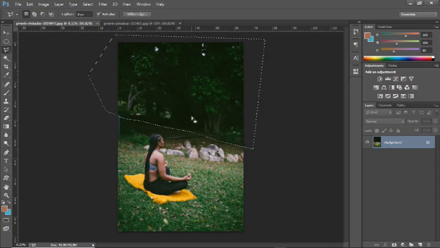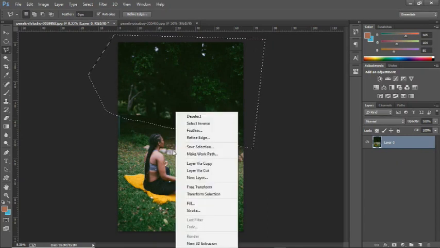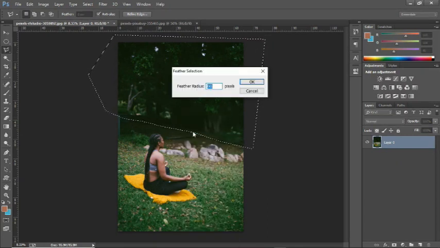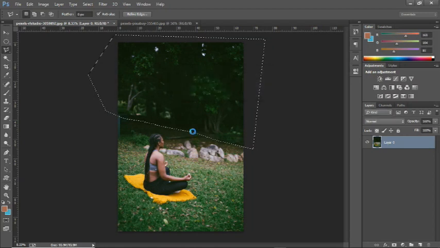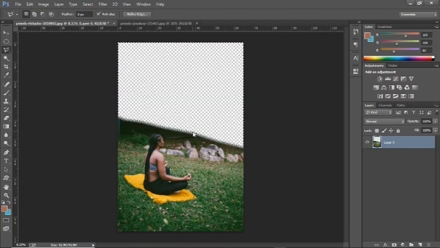So after I'm done with the selection, I need to unlock this background because it's locked. I can't do anything on it, right? So I unlock it and I will try to feather the selection so that I will have soft edges. Are we together? So I'm going to use maybe a feathering radius of 30 or 40. Let me use 40 so that I can have soft edges, and I press backspace. So once I'm done,